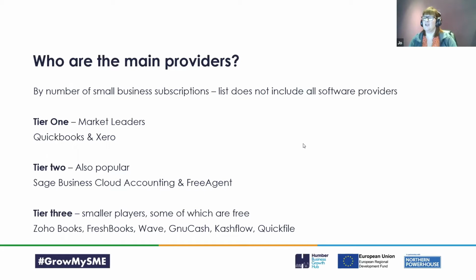And Free Agent is free, always a good price, if you have a business bank account with Royal Bank of Scotland NatWest. So if you can get hold of software for free and your business is still really new and cash is phenomenally tight, then you might choose to go with Free Agent because it's free. It's a relatively simplistic product, but if your business is relatively small and simple, then it might be right for you.